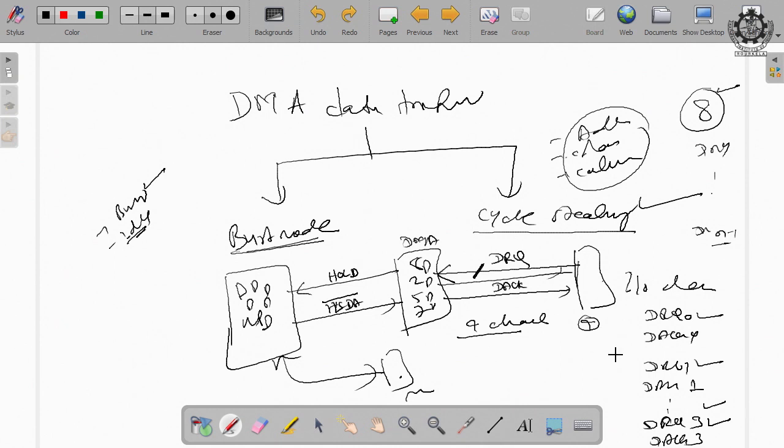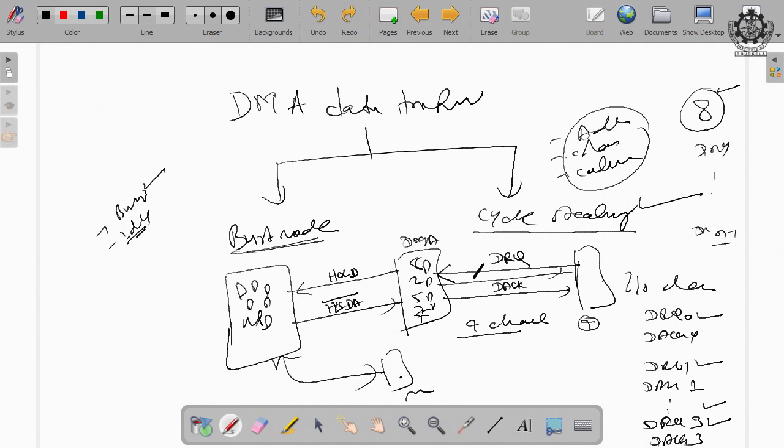So, out of these 4 devices, assume that all 4 devices are putting a request for direct data transfer to the DMA controller. Now, the DMA controller has to resolve which one is the highest priority one, and that will get the acknowledgement signal, and all other device requests will not get the acknowledgement signal. Am I clear? So, because of the 4 channels, 4 different devices can put requests to the DMA controller for DMA service, but one out of these 4 will be serviced. Why? Because the microprocessor system bus will be used by only one IO and one memory.